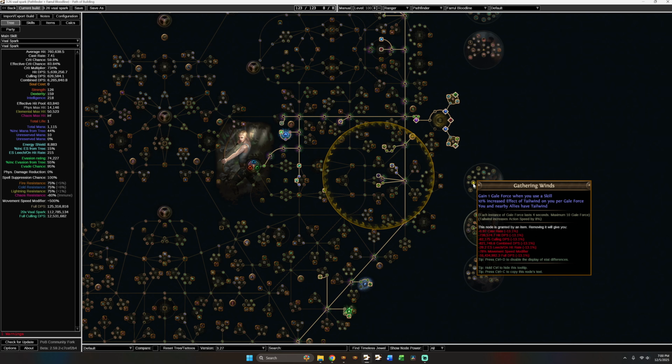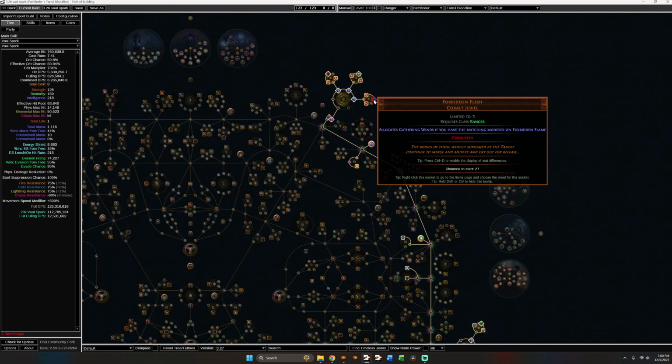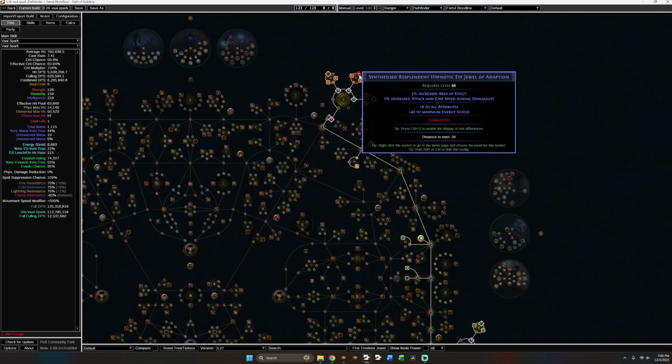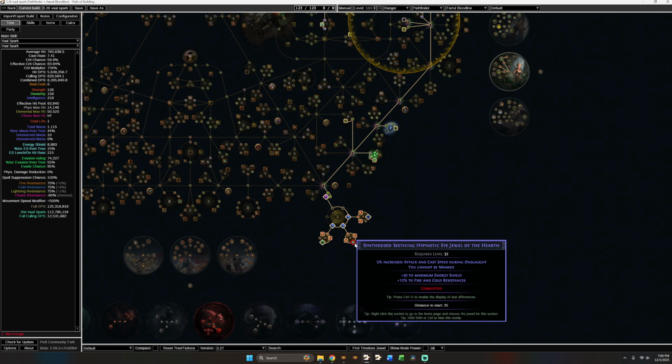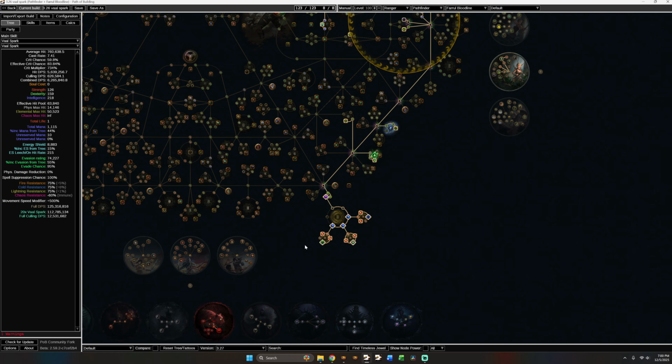And I am reducing my damage and tankiness by running Gathering Winds. If I wanted more damage, I am in a Dorn setup, so I could run Jules something like this, or attacking cast speed for the implicit, or having crit multi on lightning spells. So I could get more damage or more tankiness, but again, since I'm doing T16 and T16.5 maps, I don't